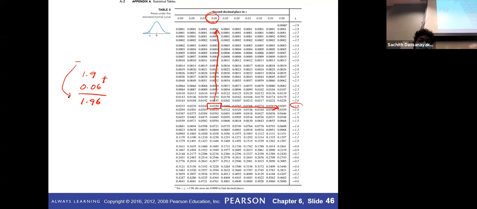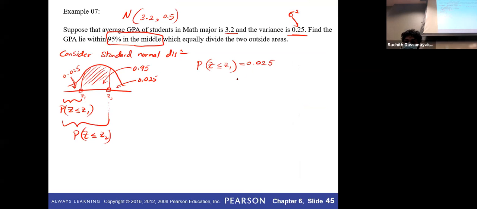Okay. Now consider this negative sign. This value is negative 1.96. Let's go back to this one. So C1 equals negative 1.96. Sometimes, I don't know whether it is important or not, but values like this 0.025, most of the time you have to deal with this kind of value. So if probability or area is 0.025, if you can remember, it is equal to negative 1.96, or from the right hand side, it is positive 1.96. If you remember this value, then you don't have to go to the table.